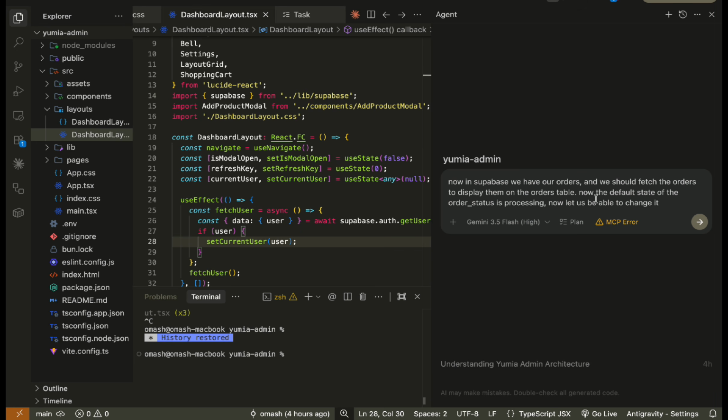And now the default state of the orders status is processing. Now let us be able to change it. Let's be able to accept or reject an order. In the case where we accept or reject an order, we're going to do a refund. But since we're not doing that here, let's just be able to change the status